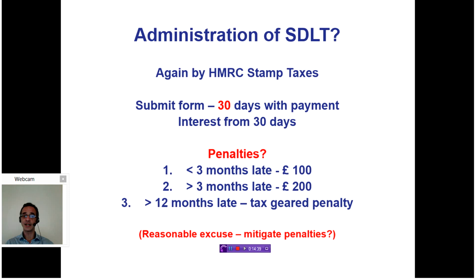In terms of lateness, less than 3 months, £100, more than 3 months late, £200. Now, third one here is more than 12 months late, a tax-geared penalty. Now, we talked about that in relation to other administration areas. In terms of tax-geared, what do we mean by that? Well, really what we mean is that the amount of tax due, in other words, the penalty is linked into the amount that is payable. There's no particular percentage given